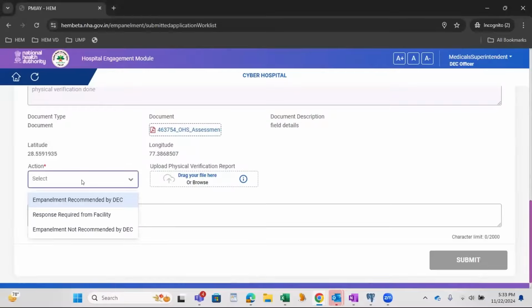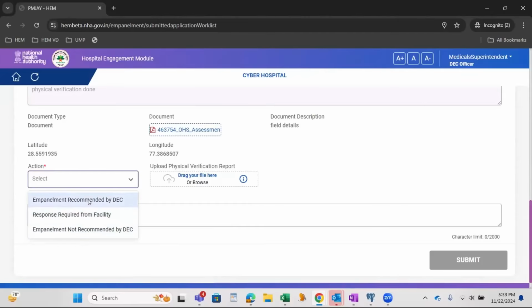Now the DEC user has this action dropdown where he can choose empanelment recommended by DEC, response required from facility, and empanelment not recommended by DEC. So if the DEC user wants, he can approve this request, raise a query, or reject the form.